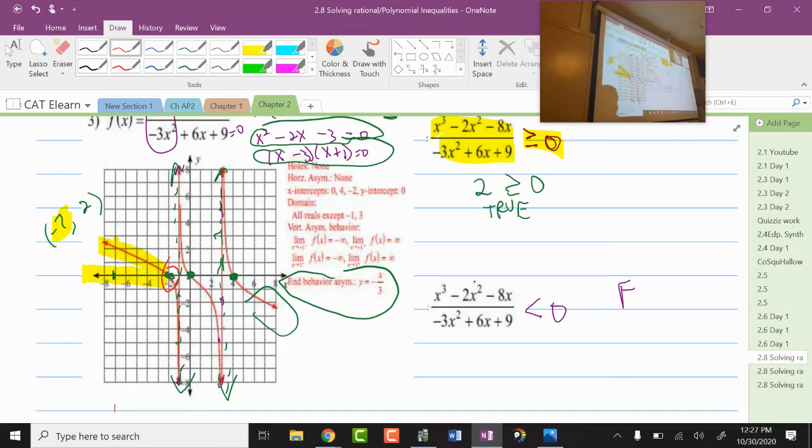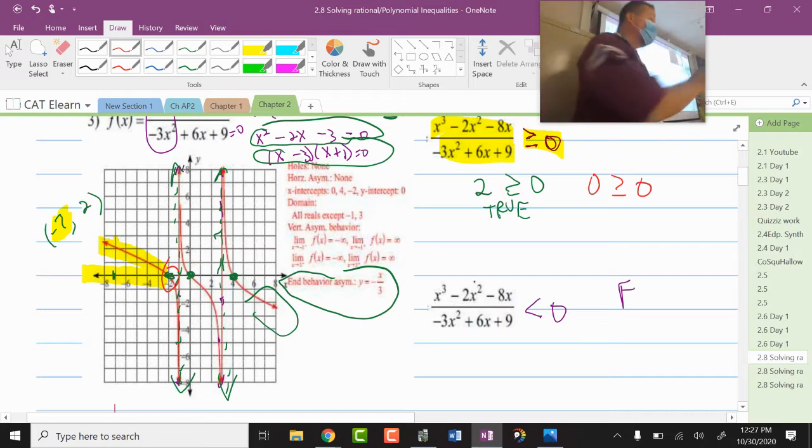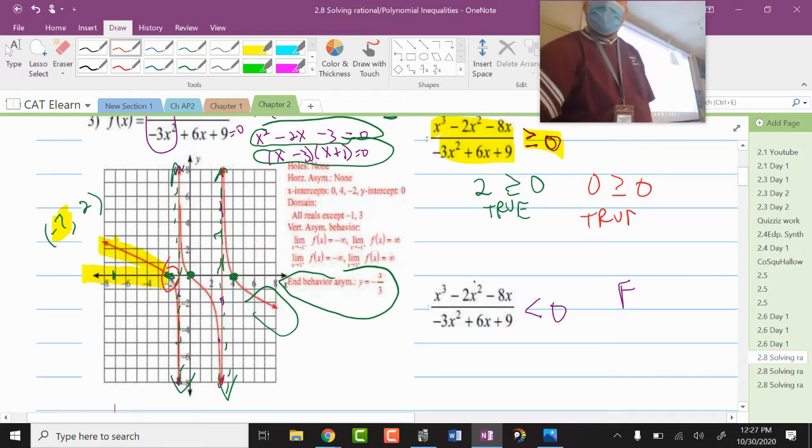Help him, everybody! Zero. All right. So -2 is a 0. So okay, what does that mean when I plug in -2 for X? The output is 0. Is this true or false? Is 0 greater than or equal to 0? True or false? True. Okay, so now this is going to lead to what my answer is going to be,